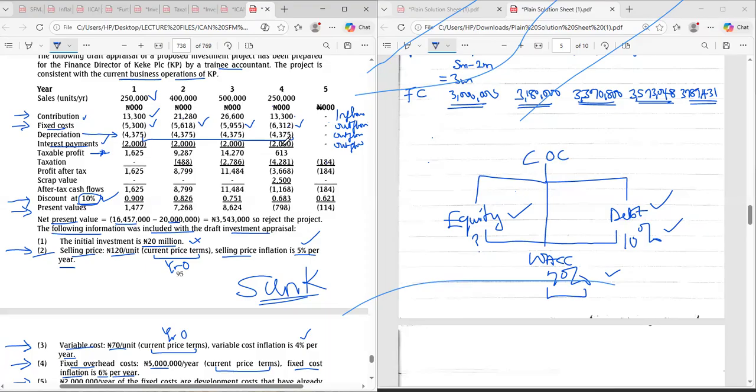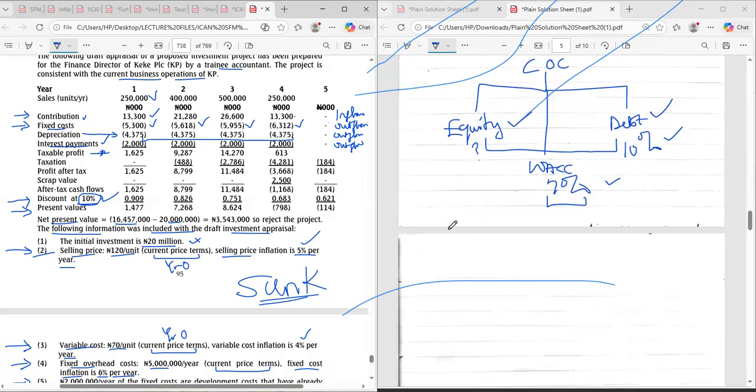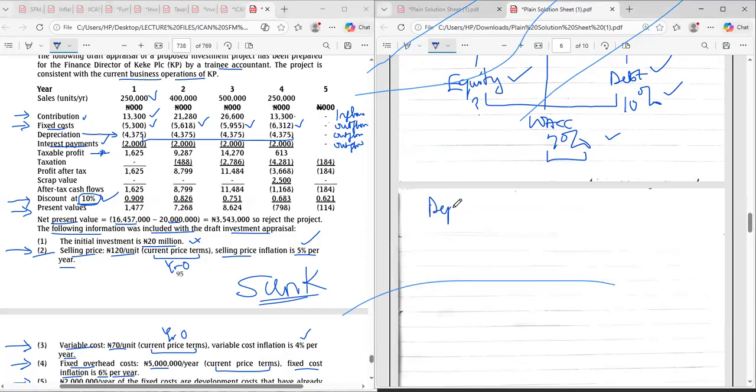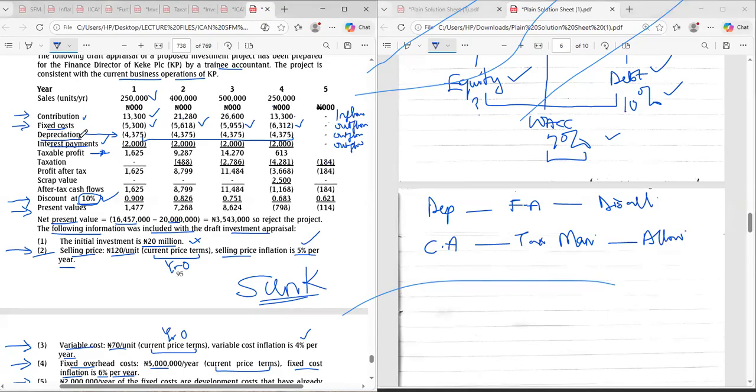All right. So what I'm trying to tell you is very simple. One is that there's a difference between depreciation and capital allowance. Depreciation belongs to who? Financial accountant. Capital allowance belongs to who? Tax authority, or tax man. Now, for the purpose of capital budgeting, what do we do to depreciation? Disallow. And what do we do to capital allowance? Allow. So what it simply means is that I am disallowing this depreciation that this guy used for the purpose of allowing what? Tax depreciation, which is capital allowance. That's what I'm simply saying.